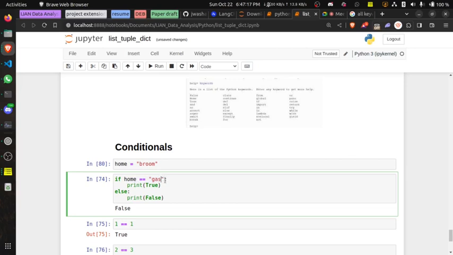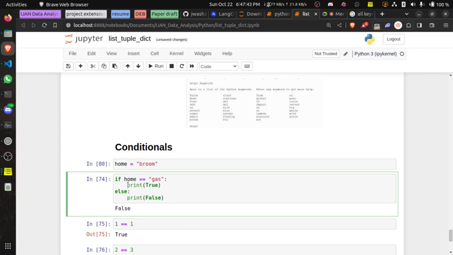So if I include this in an if statement, I'm asking, is ohm equals to gas? Now I have to put a colon, because when I'm done writing the thing I'm checking in an if statement, I have to end with a colon. Immediately after I end with the colon and hit enter, it goes to the next line, four spaces in.